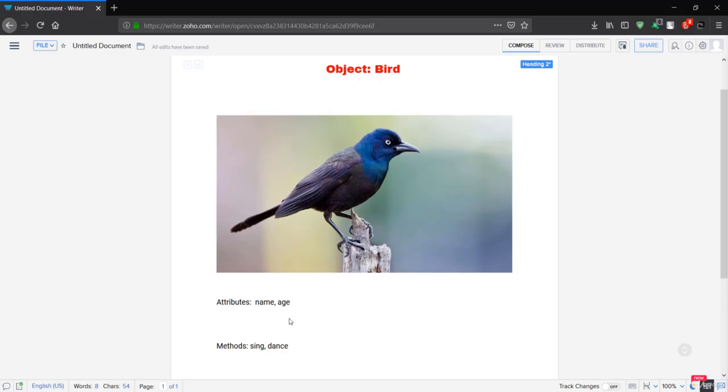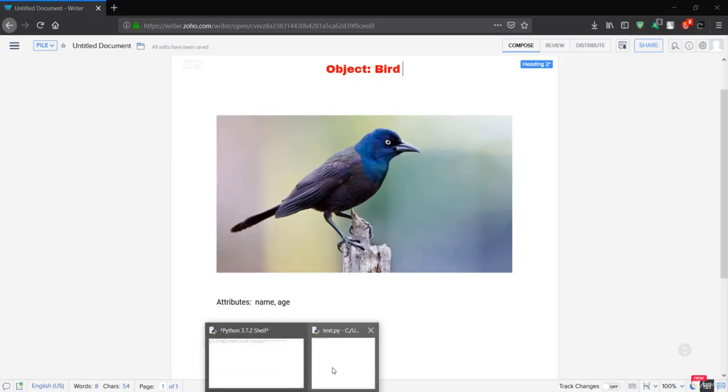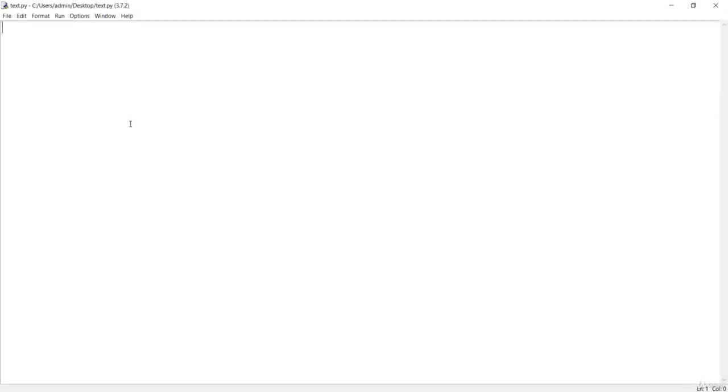First of all, let me open my script here, which I have just saved. In order to create a class, you have to use the keyword class, all in lowercase. Now let me say Bird is my class. Let's give the colon to represent that we are creating this Bird class.